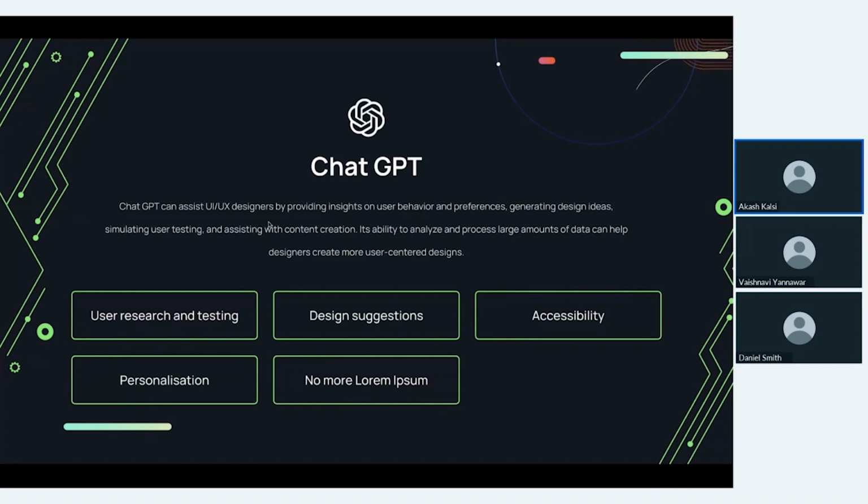Okay, so moving on to how ChatGPT is changing the UI UX industry, let's see how we designers can use this tool in a variety of ways. The first one I would say is user research and testing. Let's say you want to do some user research for a project, and you want to know something specific about a particular niche, or some stats, or user pain points.